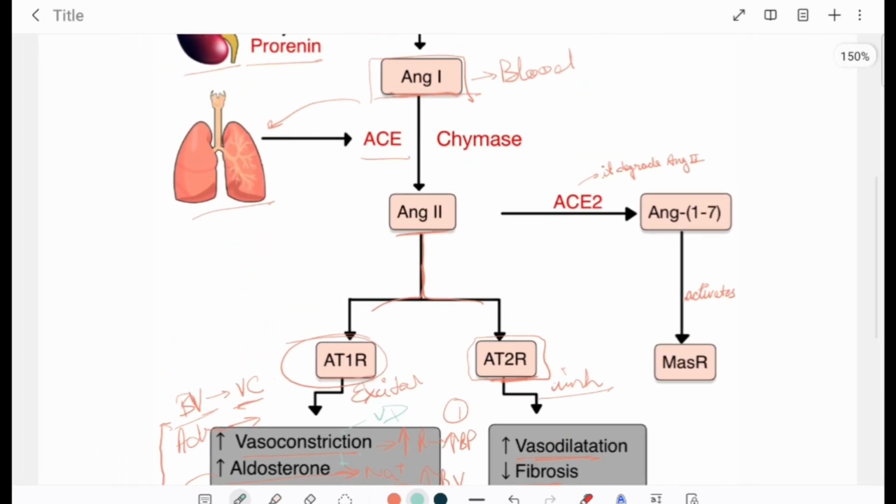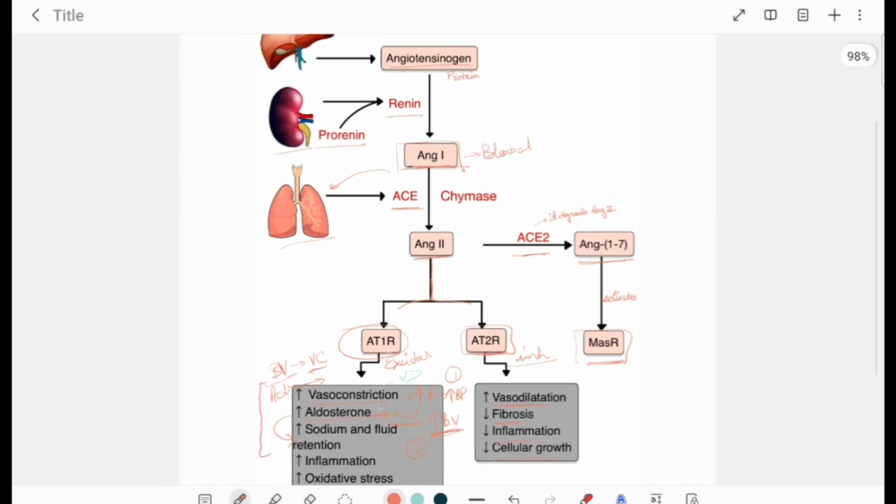So let's come back to our previous topic. Then we have angiotensin 2. We also have angiotensin converting enzyme 1, and we have another enzyme that degrades angiotensin 2 into angiotensin 1 to 7, which in the future activates the MAS receptor. But for the main RAAS system,